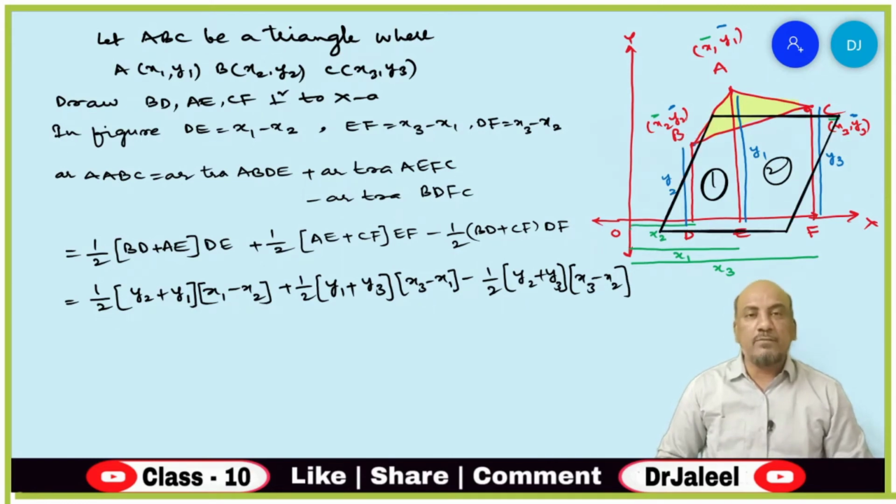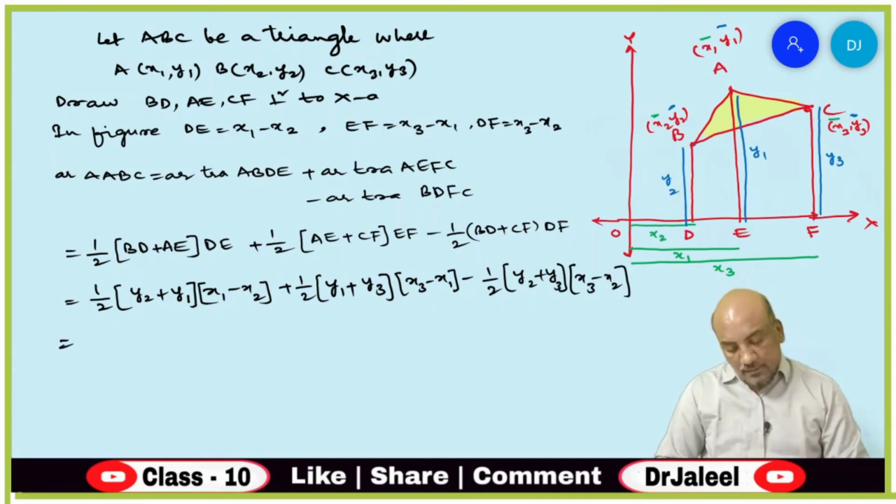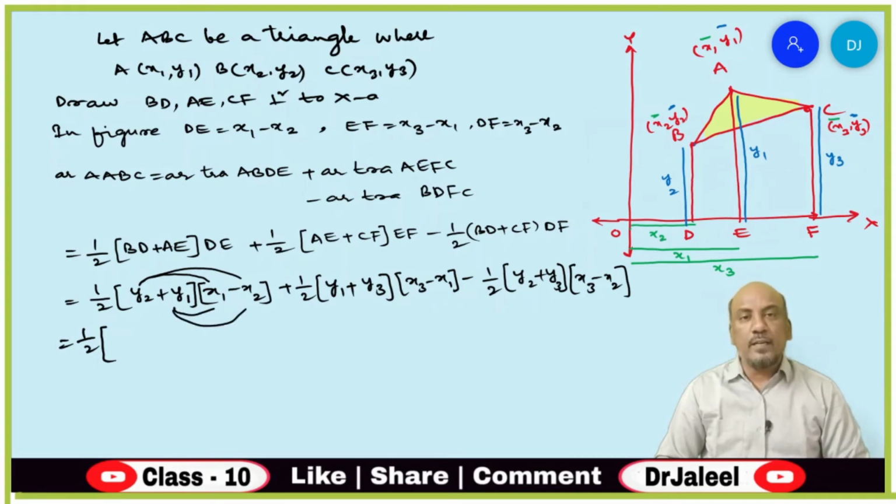minus area of third trapezium. And thereby you go for the formula of trapezium and then substitute the values. I will take half outside because half is there in all the three terms. So let's first y2, here binomials are there, y2 into x1, y2 into x2. Same way y1 into x1, y1 into x2 has to be done.